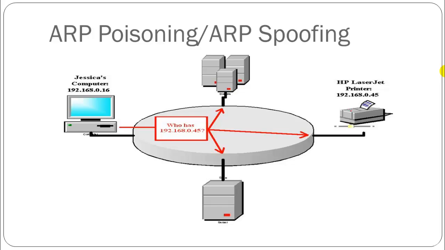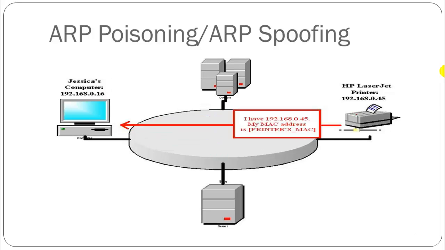She wants to send the print job to the HP LaserJet printer, and the IP address of the HP LaserJet printer is 192.168.0.45. So Jessica's computer broadcasts an ARP request to the entire local network asking who has the IP address 192.168.0.45, as seen in this diagram,